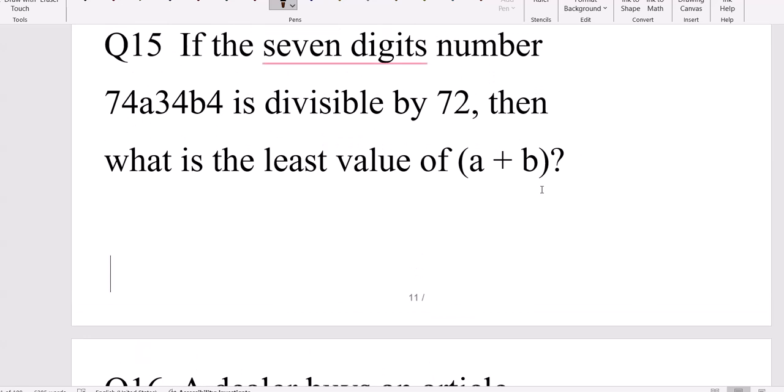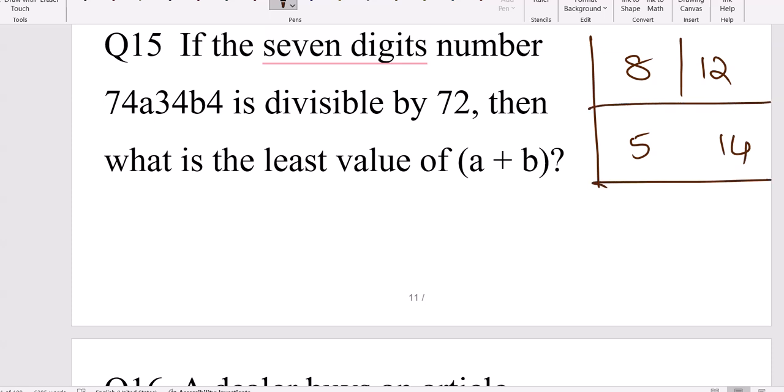Fine. First of all, see the question. What are the options? 8, 12, 5, 40. These are the 4 options. I'm putting them in a box. Right. This is related to the number systems topic, the divisibility concept. In TCS also you have one question related to divisibility. Keep in mind that. Definitely there is a question in TCS related to divisibility. So what divisibility are they asking? Divisible by